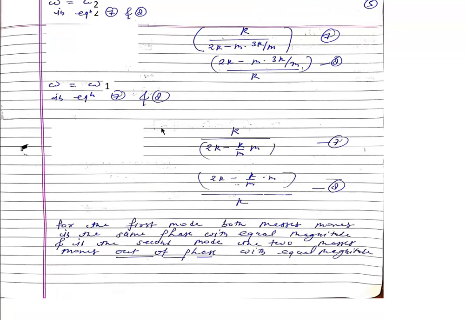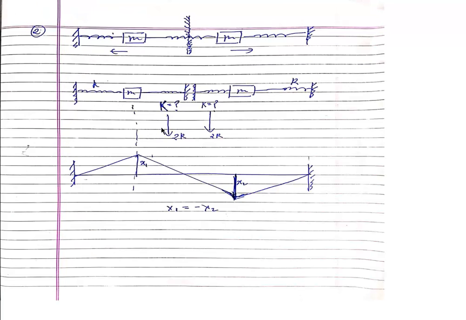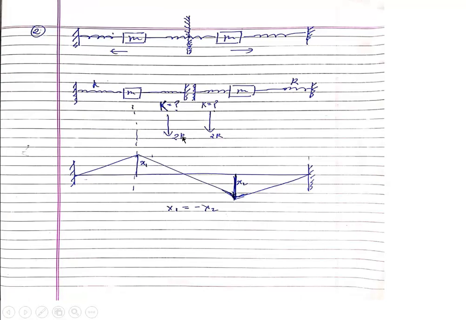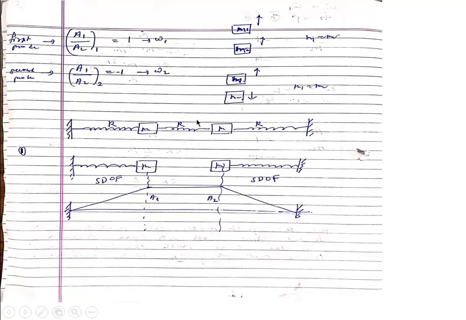In the second part we calculated the frequency ratio and the two frequencies for the two modes of motion, in which we have seen that at the first frequency mode the amplitudes will be like this. Both masses are at a high position, but at the second frequency, if the first mass is moving rightward, then the other mass will be moving leftward, because the amplitude ratio is -1. And in the previous frequency, the ratio is +1, so the amplitudes are in the same direction.